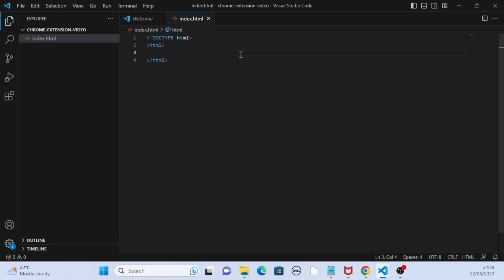So for that I have created this small folder here which is called Chrome extension video, and in this folder I am actually going to add all the code which we are going to act upon when that extension gets called. Okay, now for the simplicity of this video guys, let's just say that you are a teacher and